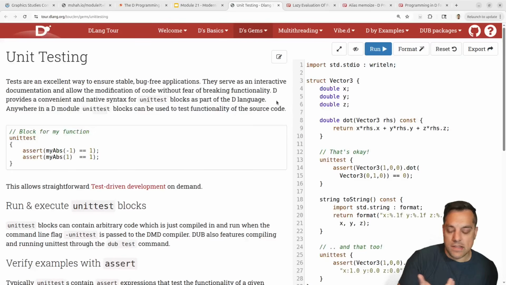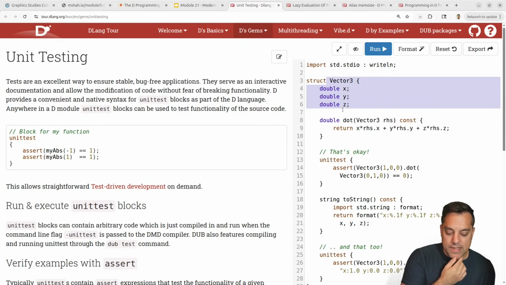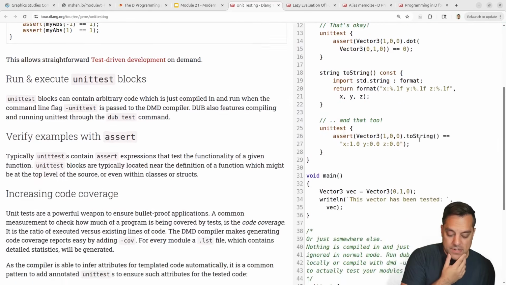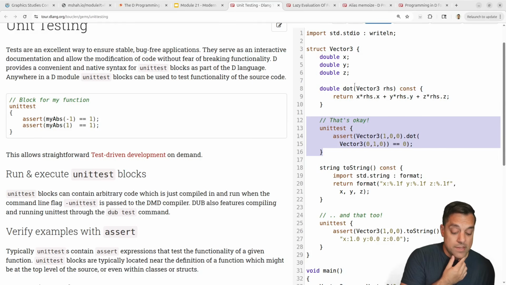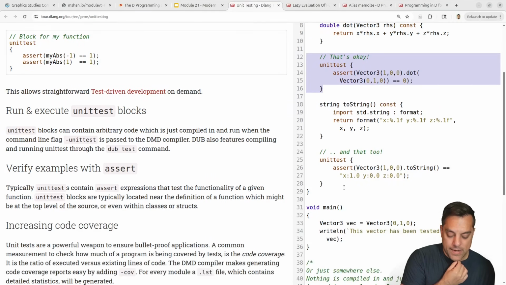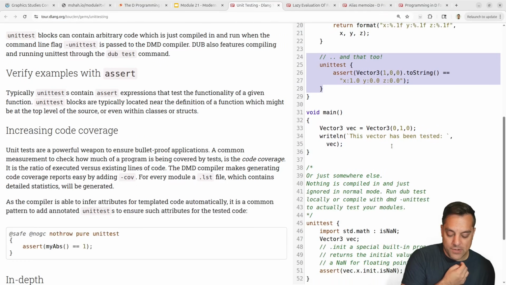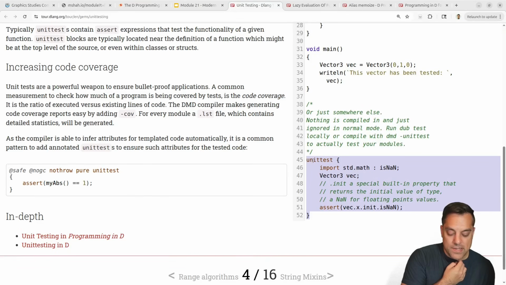You can find it in the unit test where you create some type here, something like a vector3 type, and then you can just test inline here. Is this computing the dot product, or doing the right sum, or being converted to a string? Okay, so that's kind of neat, and you can just do these inline. These actually do in D.